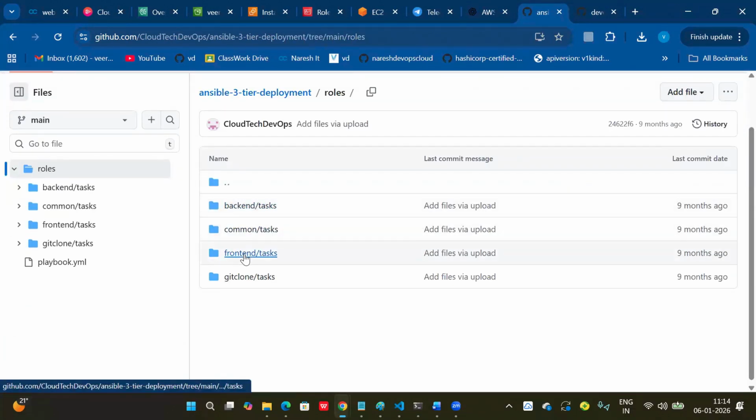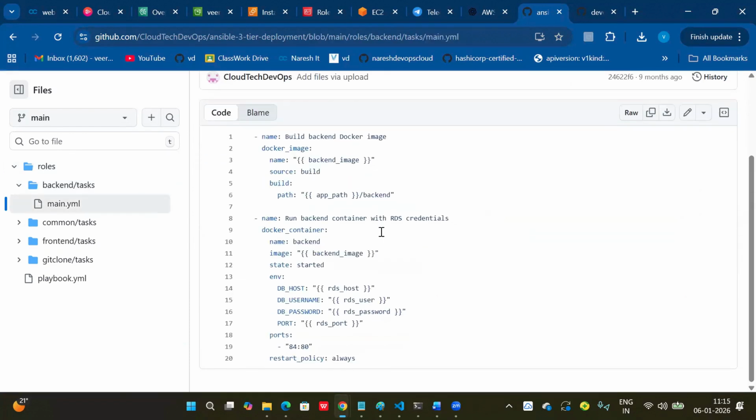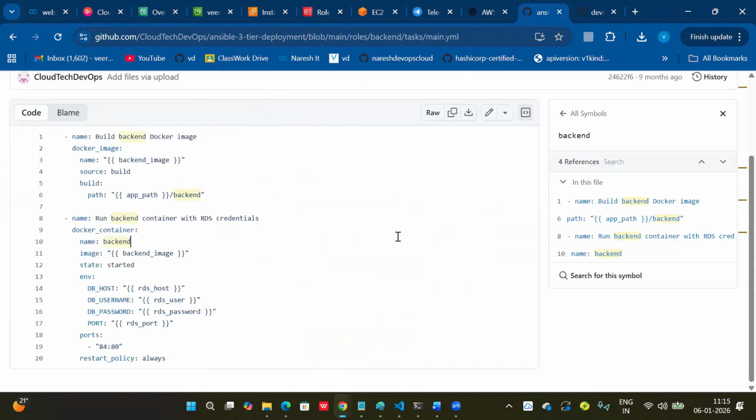See, backend is there, front end is there, common is there, git clone is there. So how many roles are there here? Multiple, right? If you open backend, main.yaml is there, na? Backend main.yaml. So here you can see, I'm going to build a Docker image and run it as a container, and I'm going to connect this container to RDS. Clear, na? See, this is quite similar to Docker Compose. There is not much difference. Same thing you can see.